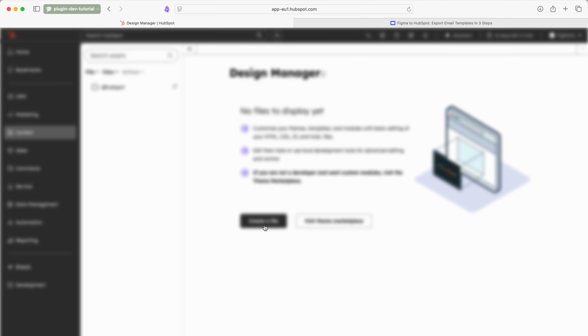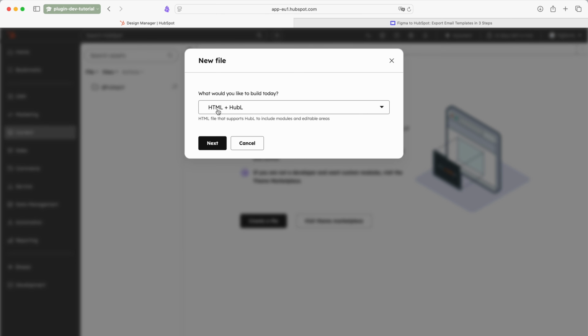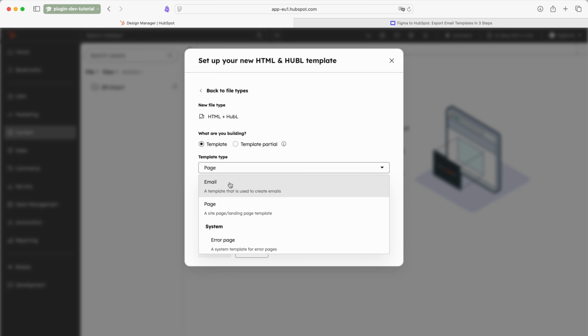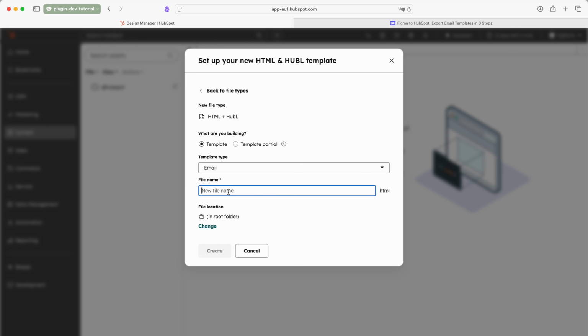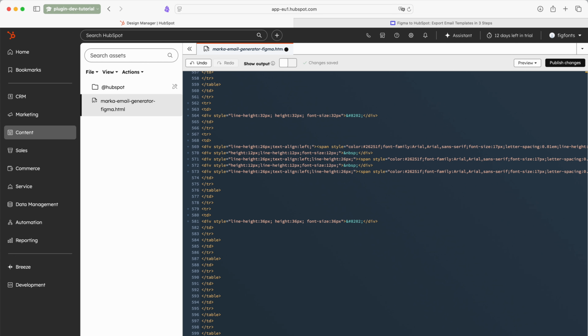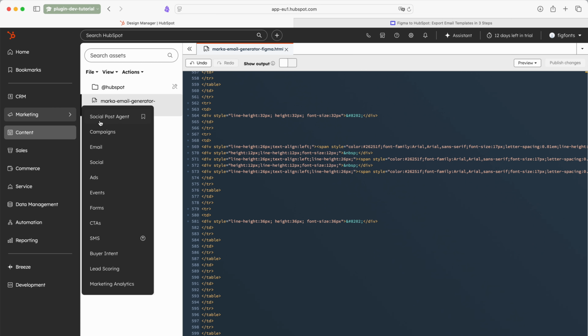Click on create a file, select HTML plus HubL option, then next, and select an email option and add some name. Then you can paste your code from Figma, click publish, then go to marketing and email,